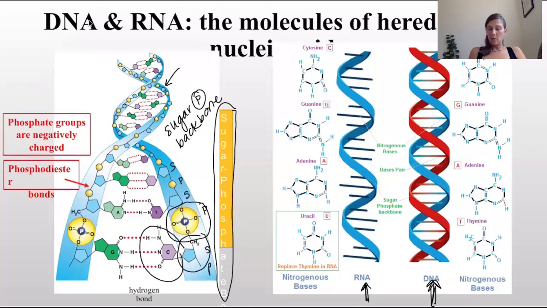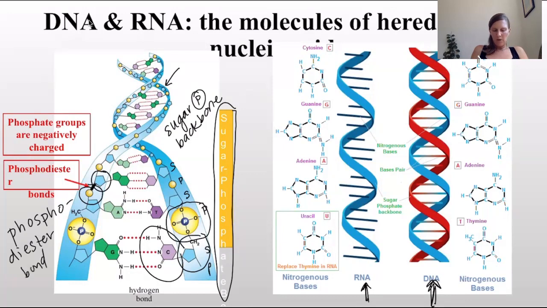But the backbone is always going to be sugar, phosphate, sugar, phosphate. And they come together through a dehydration synthesis, forming a bond called a phosphodiester bond between the sugar and the phosphate groups. I'll write that down. Phosphodiester